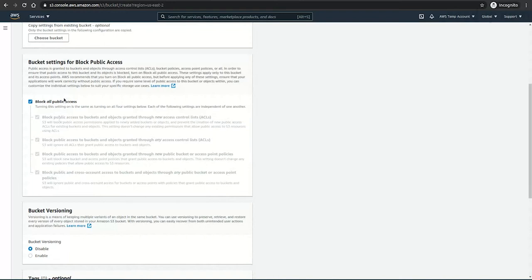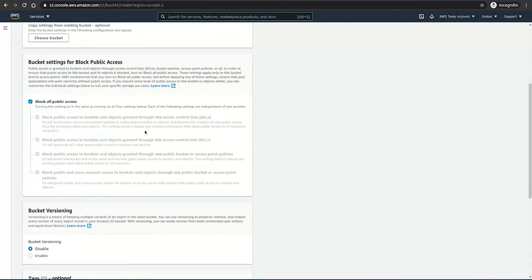It's like keeping your Instagram account private, right? Nobody is able to see your photos, your videos, or your content on your Instagram profile. It's similar to that here. If you block your public access, nobody will ever be able to discover your bucket on the AWS portal.